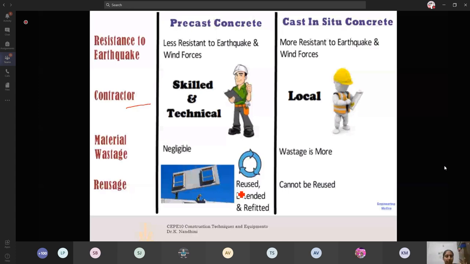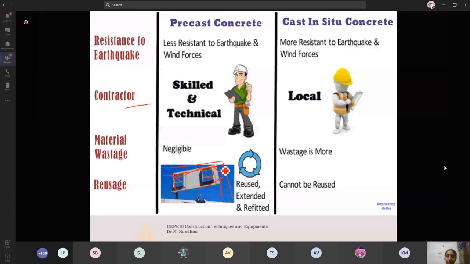If that place is not suitable, or you are in a position to vacate that place, then you can dismantle this. Remember, you can dismantle, not destroy. In the conventional case, you are in a position to completely destroy the structure. Whereas in the case of precast, we can remove the paste that we have done here.